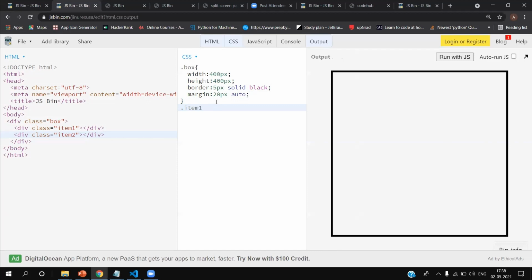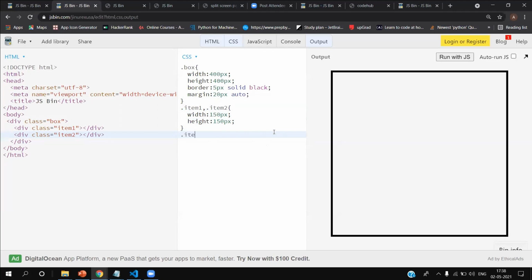I want you guys to focus: dot item 1 comma dot item 2, and I'll give both items a width of 150 pixels. So now you can't see any of these items, right?